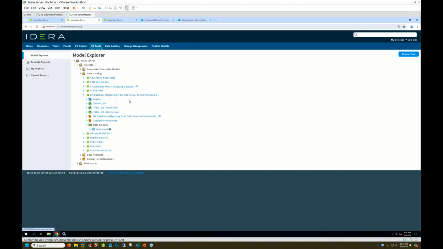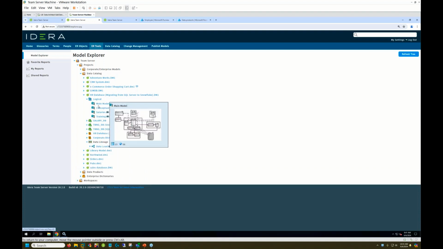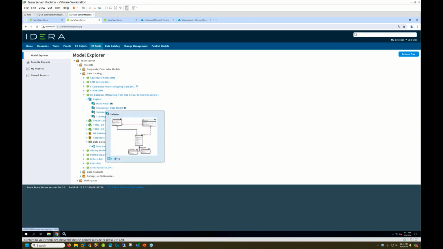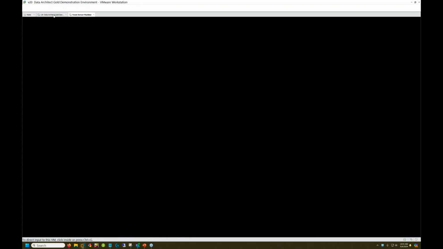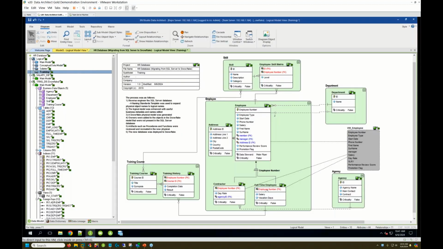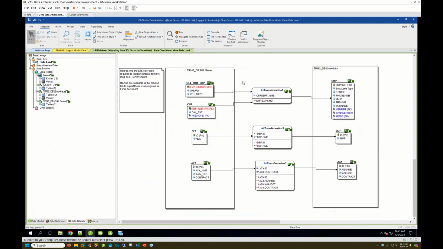Let's take a look at that HR diagram here, this project. Again, you saw me traverse this and go into the logical model, and fly over help for the different models I could see here. Perhaps remember in Data Architect, another facet of this project that the modeler or architect had captured is its data lineage, right? In this case,